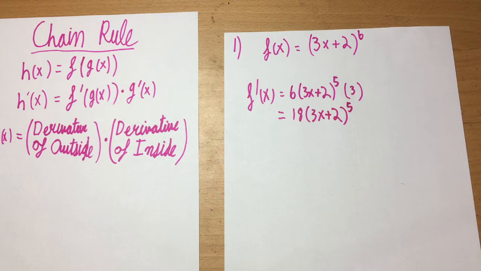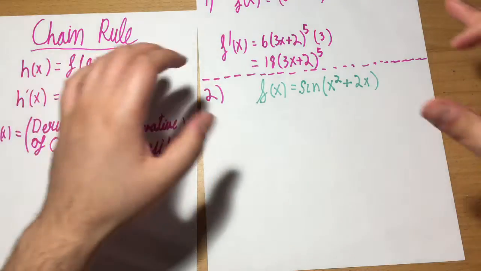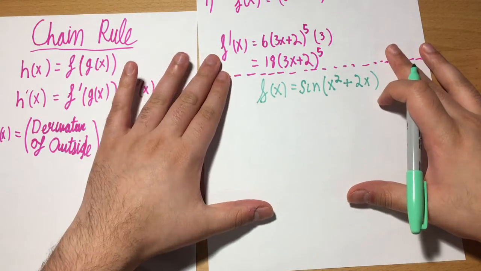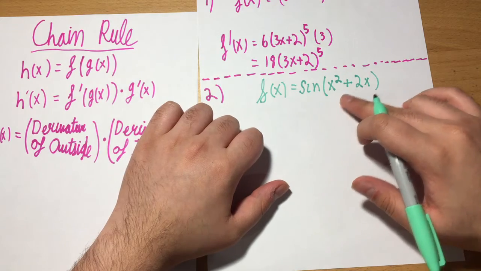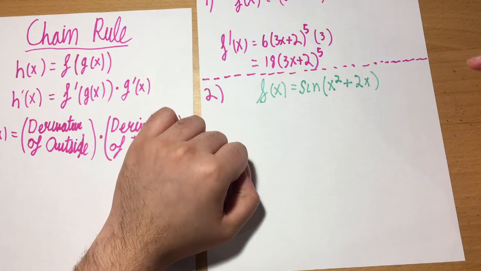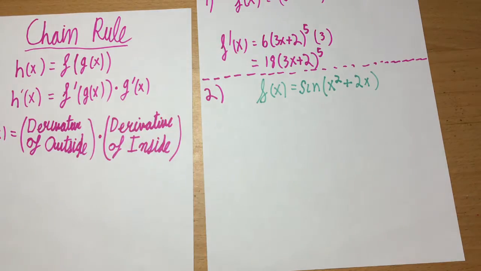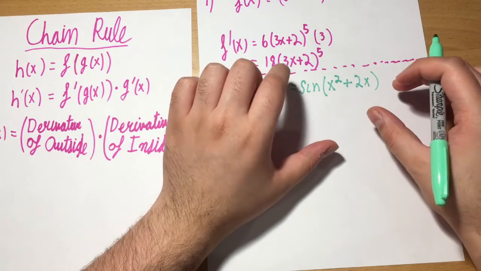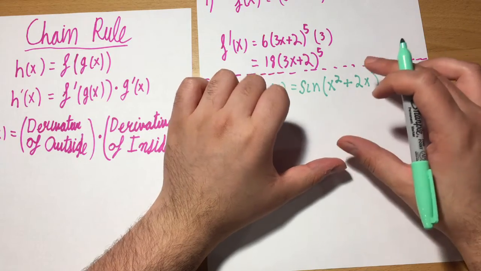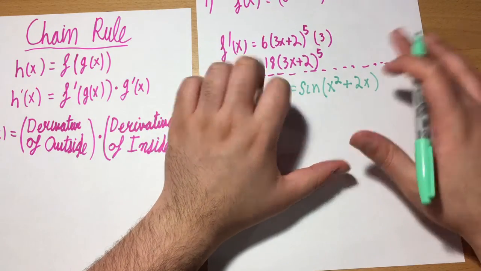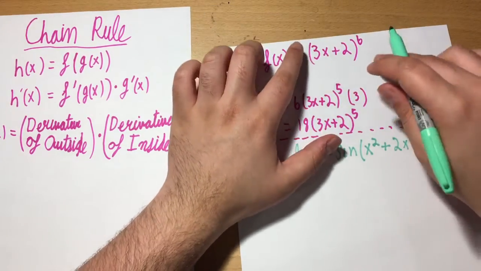Okay, let's look at another example. Okay, so our next function that we're going to look at is just f of x equals sine of x squared plus 2x. So first thing is to identify what our inside function is and what our outside function is. Typically, you can determine that by figuring out whether something's surrounded by parentheses and another thing is being done onto that, right? Like in our first example,